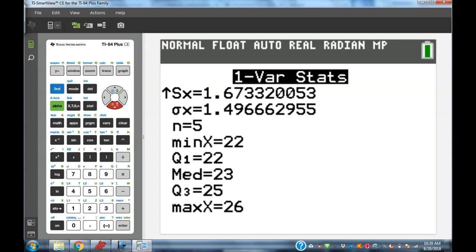Y'all remember those from way back? Maybe junior high is probably the last time you may use those. Maybe algebra 1. Y'all remember doing box and whisker plots from way back? You remember seeing those? They're the ones that you had a box, and then you had whiskers on the sides, and then there was usually like a line in there. I remember doing something like that. It's been a while probably since you did that. Q1 and Q3 are these spots